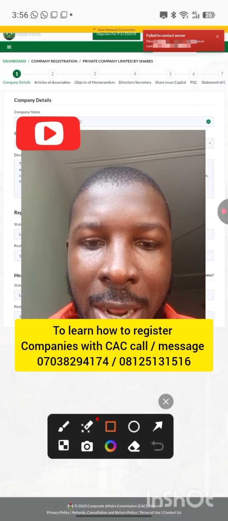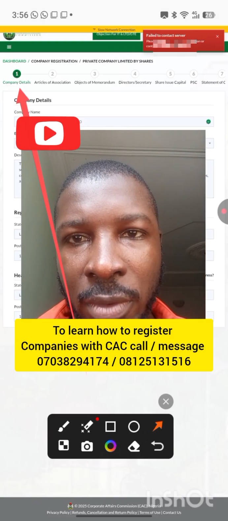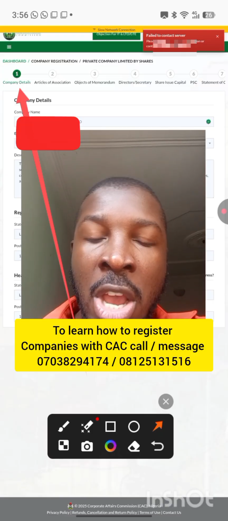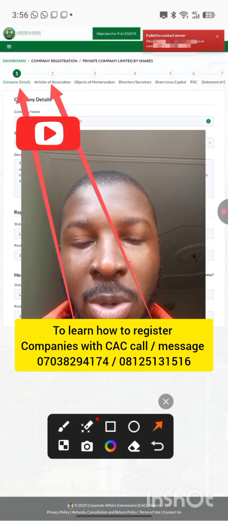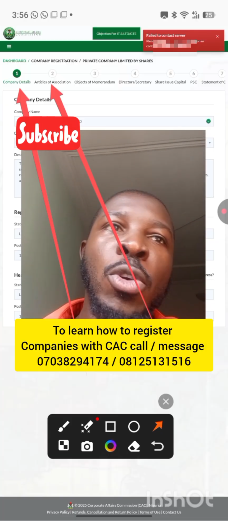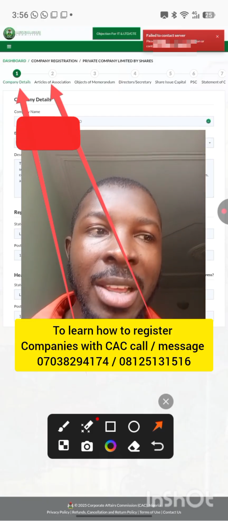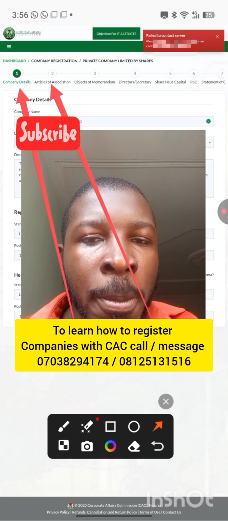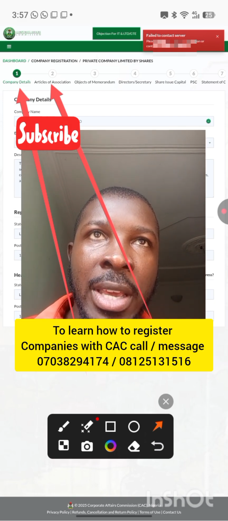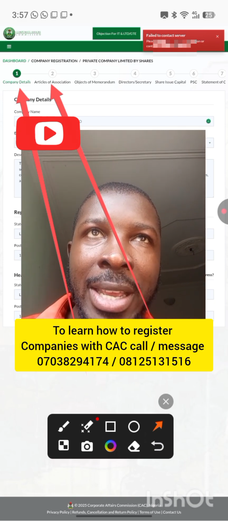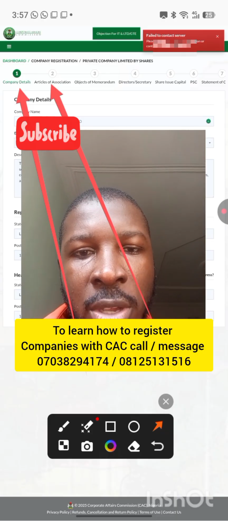As you can see, there are different requirements. I had to cover some of the details. One of them is company detail. This is where you input the details of the owner of the company. Then you will see the article of association. The article of association is where the lawful things that will be going on in the company are written. Like the way the shares are shared, who gets the higher percentage of the shares, all those internal things that regulate the company. This is where it's going to be tabled.